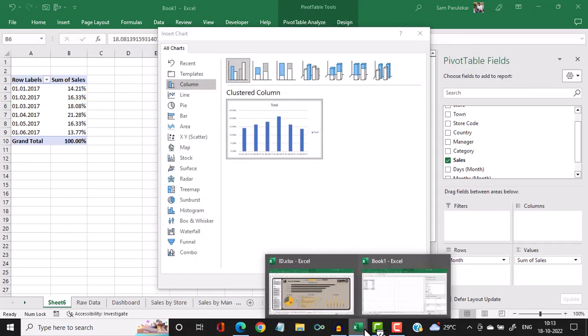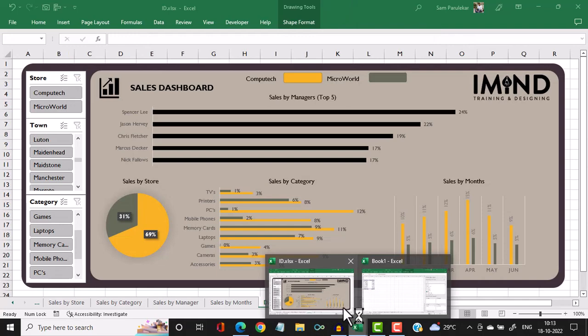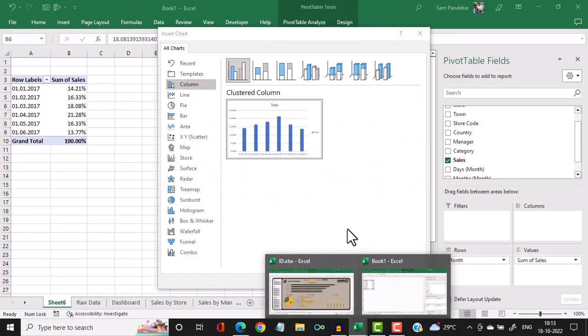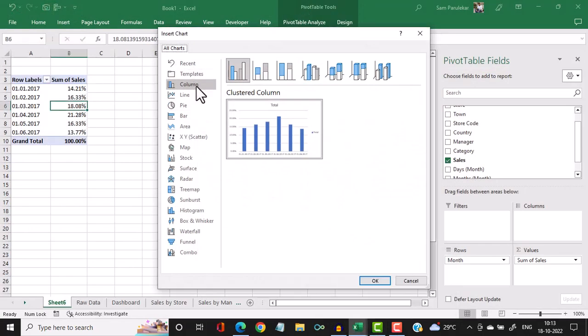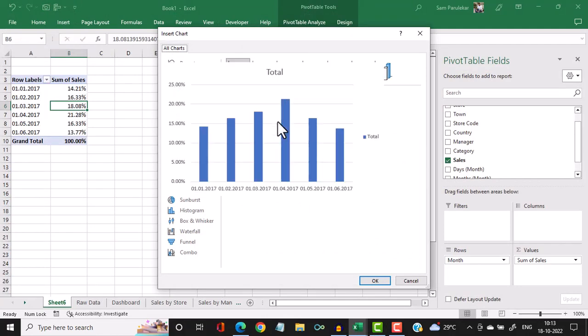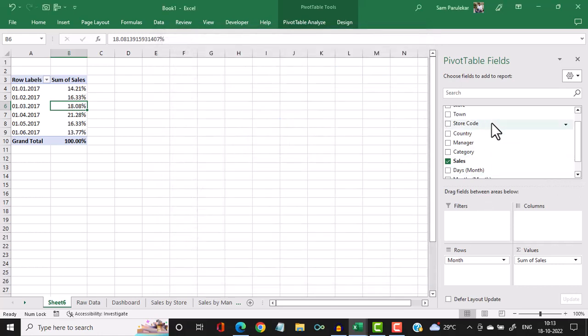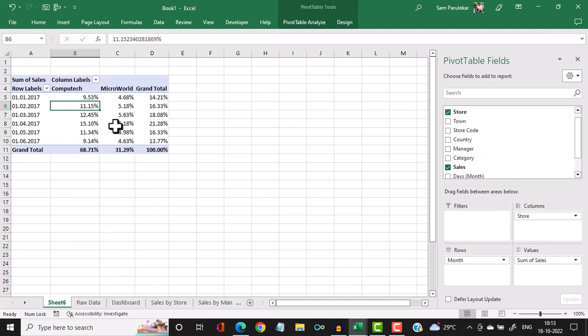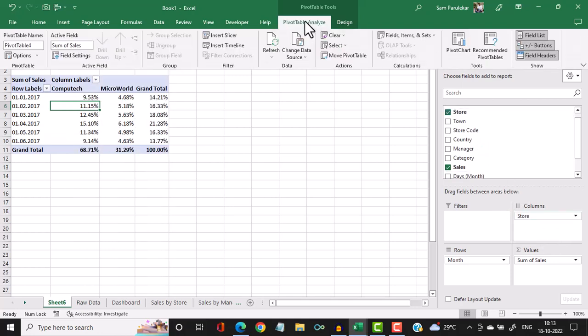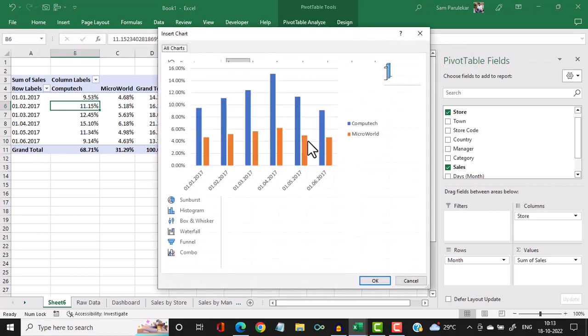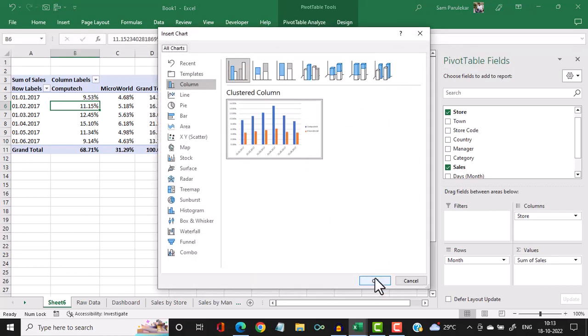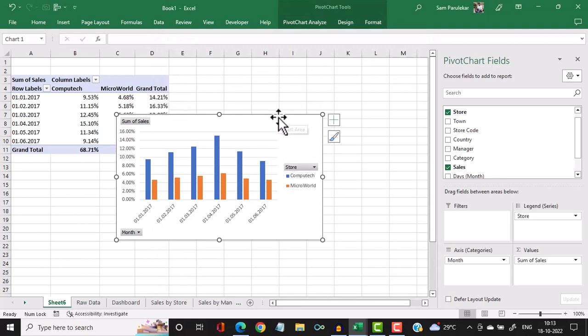and we want the chart should be a bar graph. So we want this graph is okay, but we want for both the companies, so we select store and bring it here, and now we go into pivot table analyze, pivot chart, bar chart, select OK, bring it here,